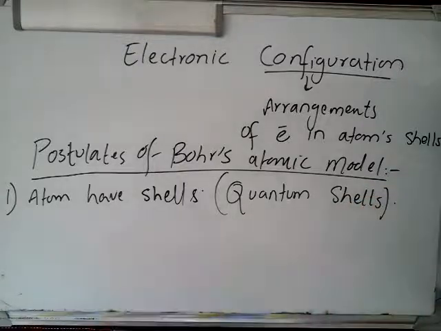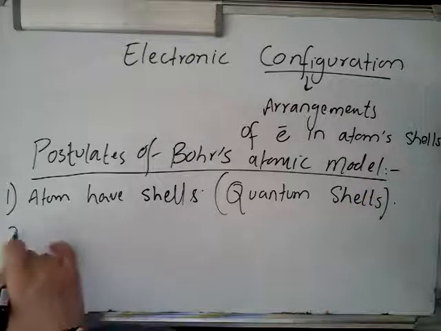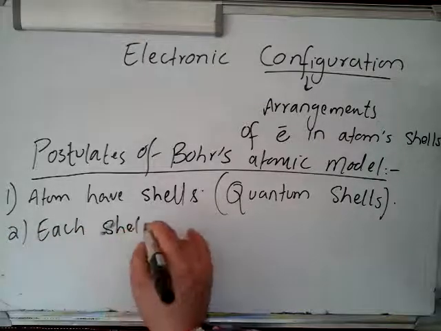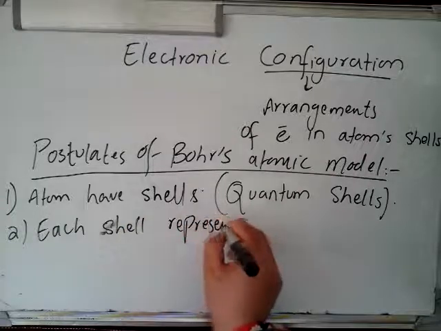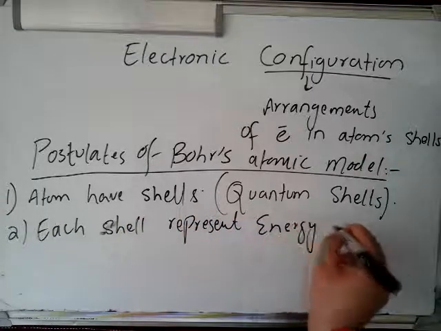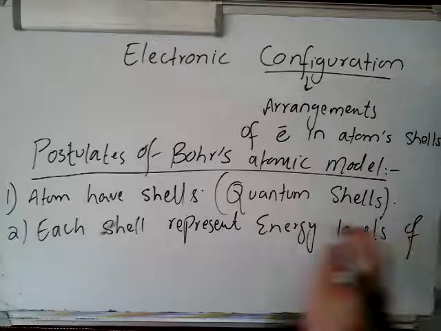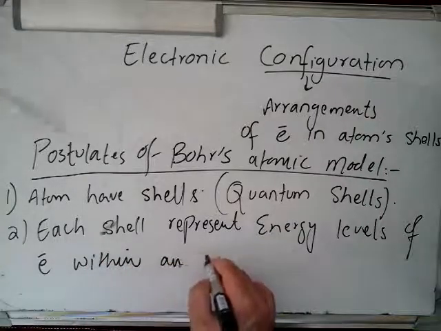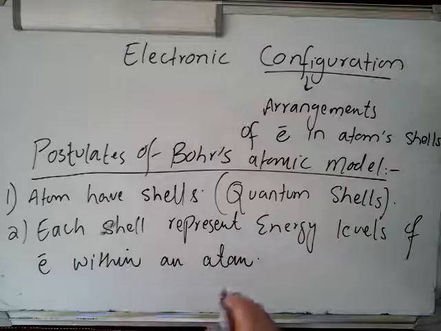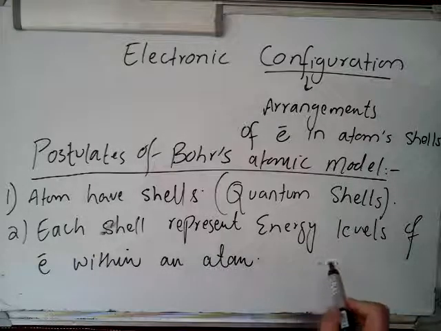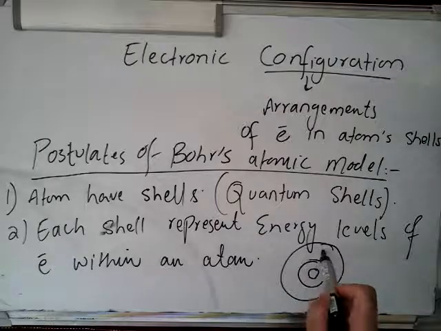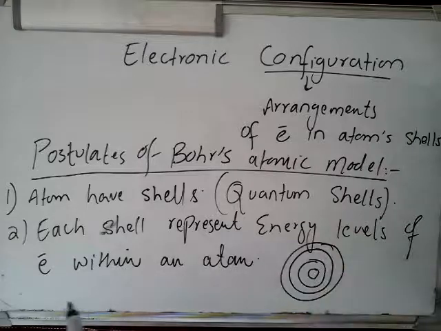And each shell represents energy levels of electrons within an atom. Okay, is that clear? So these shells are actually the energy levels of electrons. The third postulate of this says that